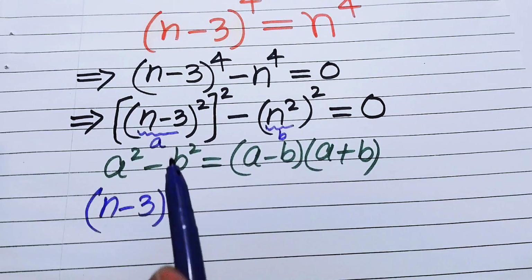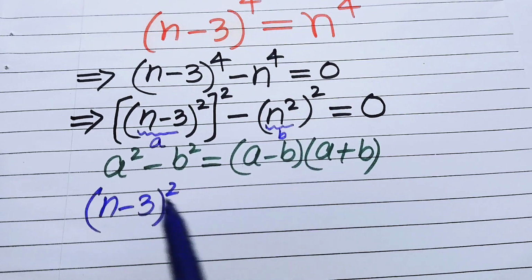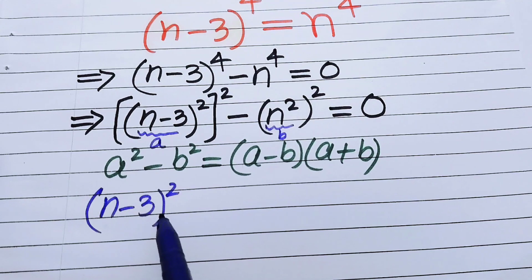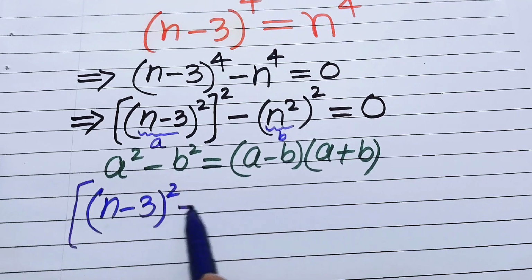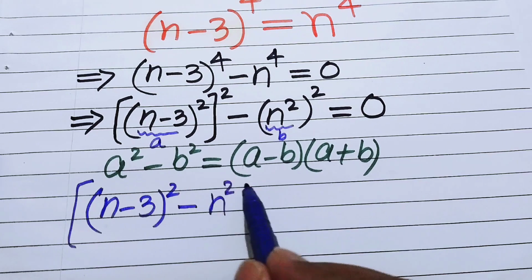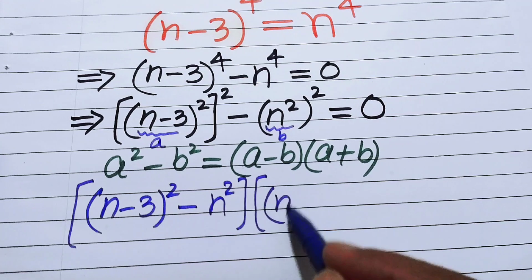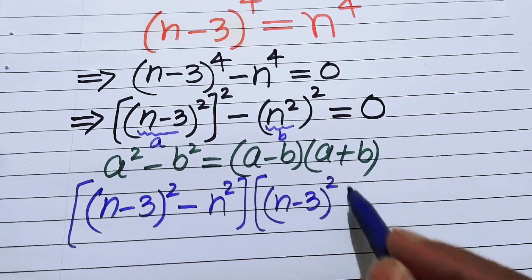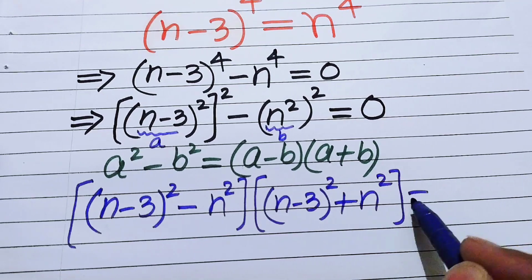So we put the values of a and b in this formula, and you will get its output in this form: (n minus 3) squared minus n squared, into (n minus 3) squared plus n squared, and this whole